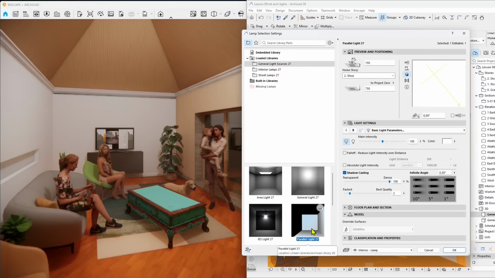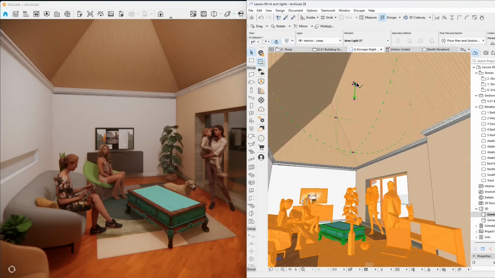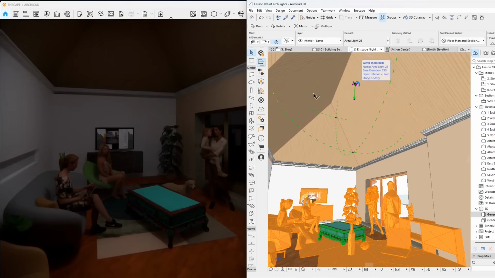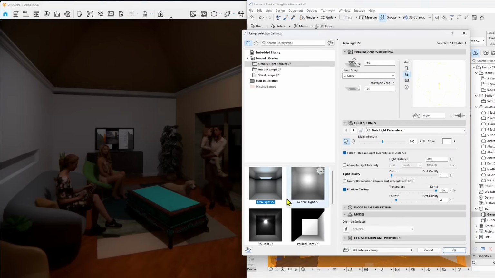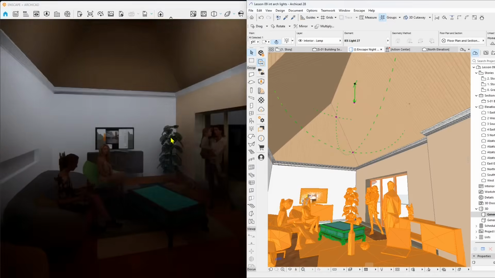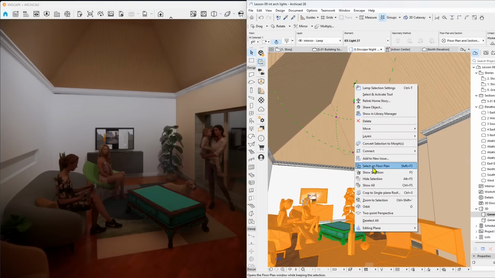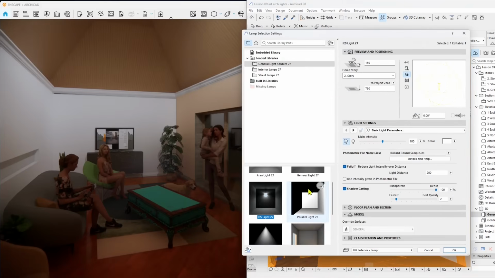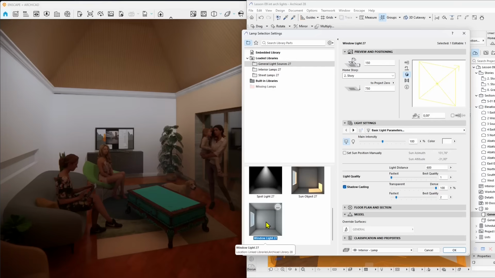Now we can change the type of light. So we are using now the general, but then you have also area light, which is a little bit different. It's based on an area rather than a single point. So usually the bigger the area light, the softer the shadows. And so you can play a lot with the lights. And then you have also IES lights, spotlights, and sunlight. So just go here, apply it, and see what's going to happen.